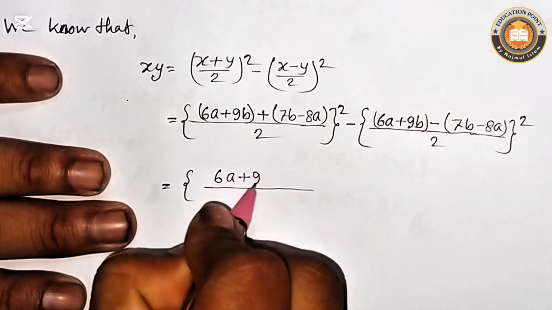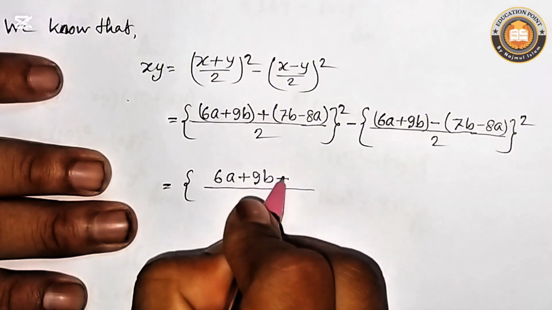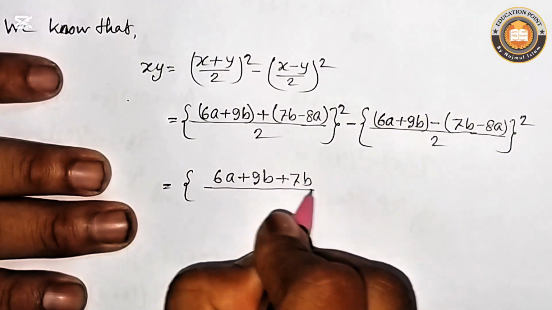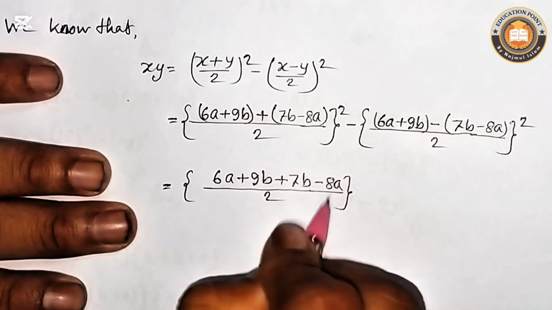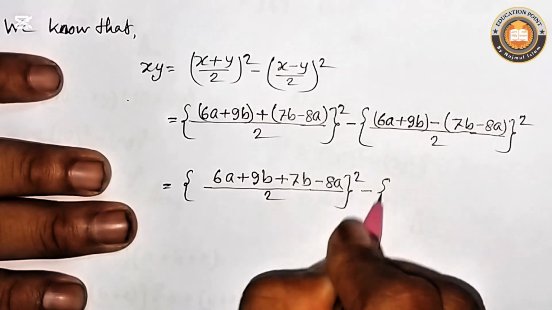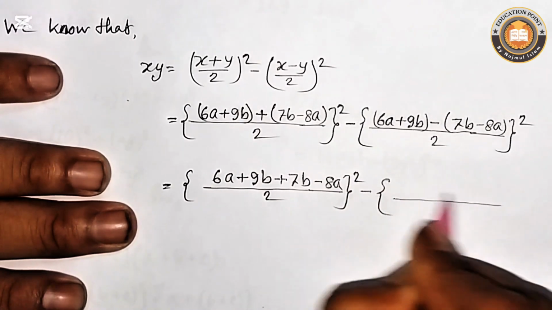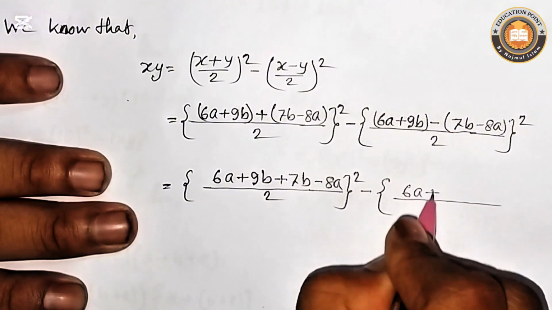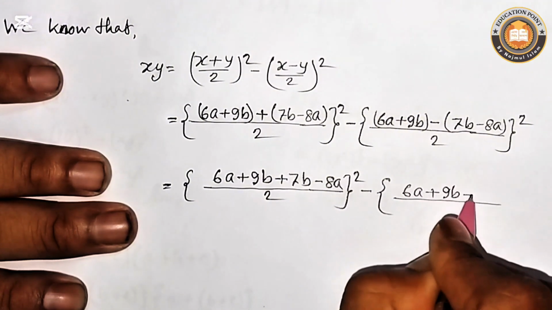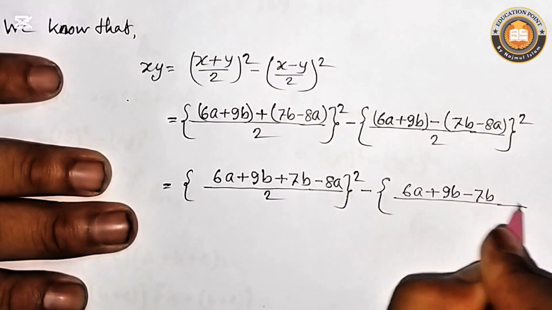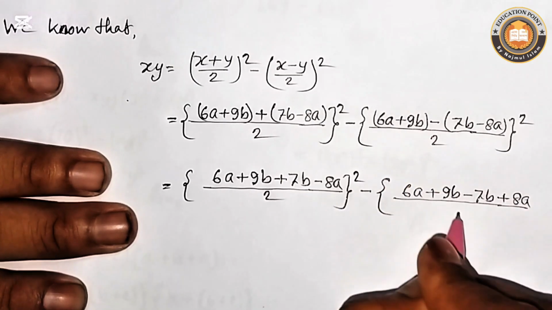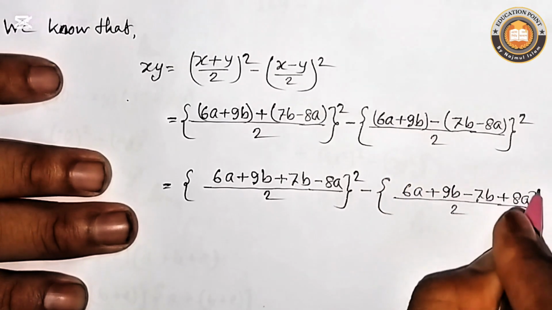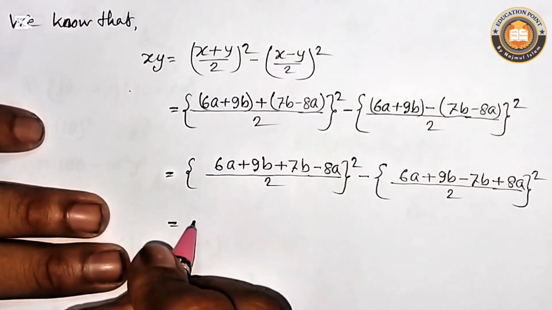That is, (6a plus 9b plus 7b minus 8a by 2) whole square minus (6a plus 9b minus 7b plus 8a by 2) whole square equal